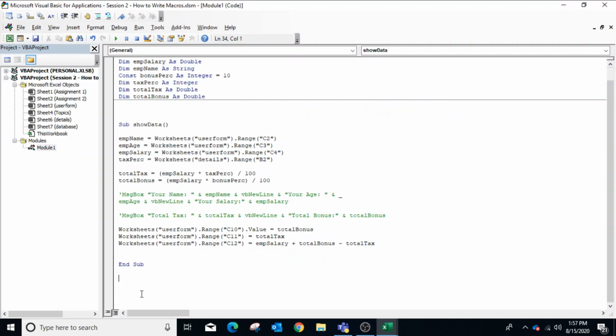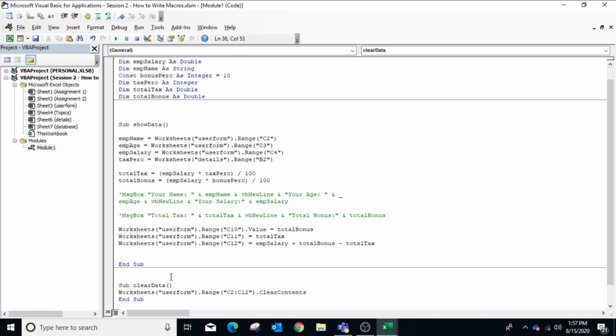So in VBA, we will make another sub procedure, ClearData, and will use the ClearContents method of the Range object. So Worksheets, the worksheet name is user form dot Range C2 to C12 dot ClearContents.